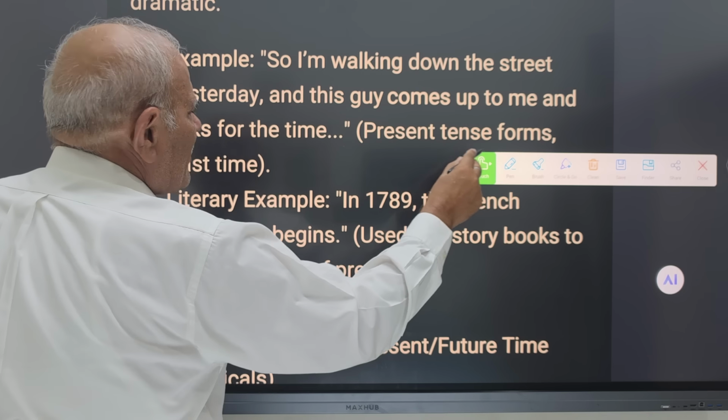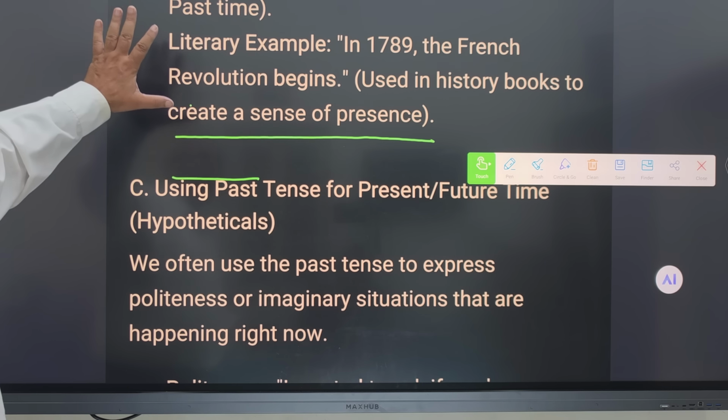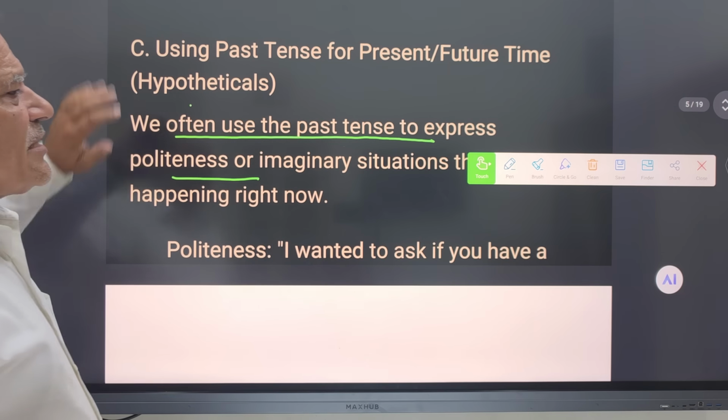Literary example: In 1789, the French Revolution begins, used in history books to create a sense of presence. We want to draw the event happening before our eyes. That's why present tense is used for past events. So again, you see that there is no one-to-one relationship. Similarly,